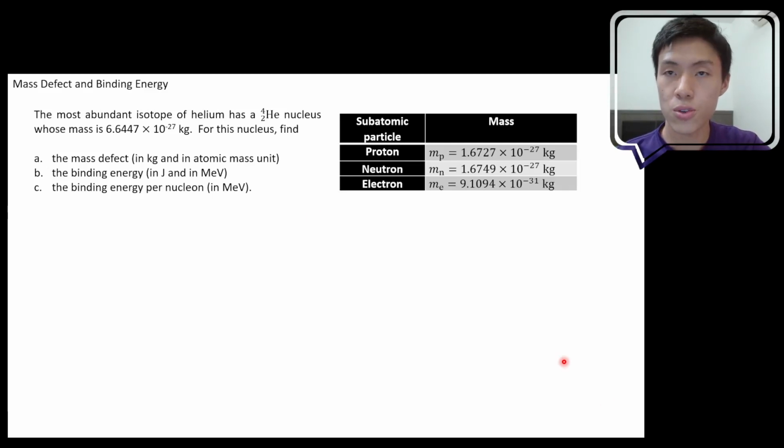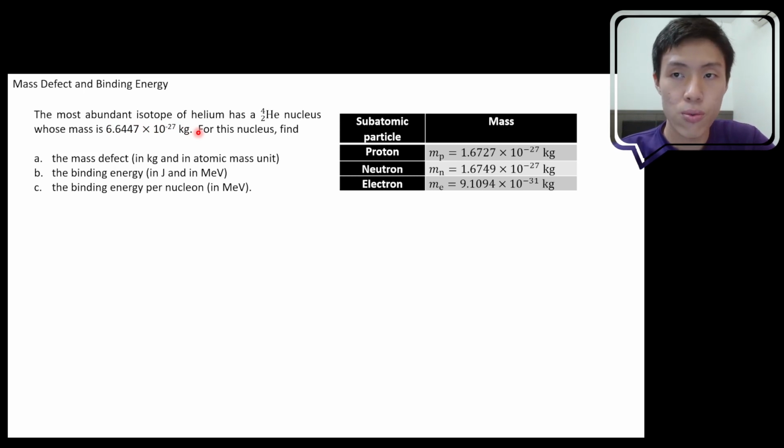Let's try to solve this question here. So the most abundant isotope of helium has a 4,2 helium nucleus whose mass is 6.6447 times 10 to the power negative 27 kg. So when we are solving questions related to mass defect or binding energy, we always have